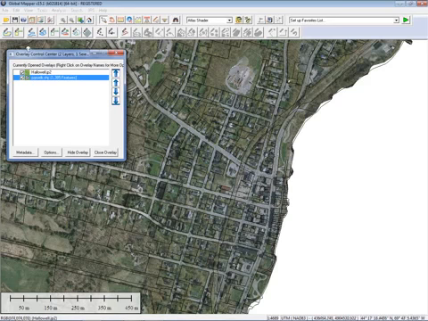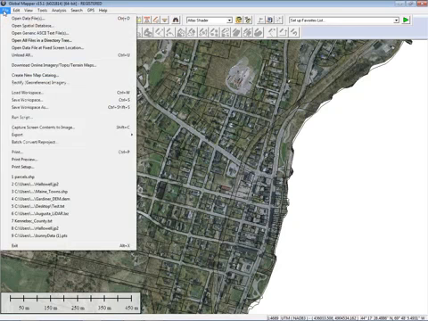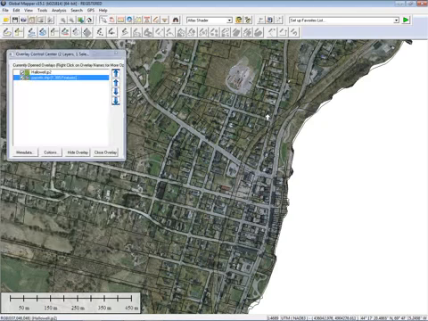There's a number of other ways to load in data as well. Global Mapper supports spatial databases, so if your company or you have a spatial database already set up, Global Mapper will connect into that. And this Open All Files in Directory is a way to batch import data. So if you have a bunch of files located in a folder, you can bring them in at once using this file command. The Open ASCII data is a way to read in text files. I'm actually going to unload what I have